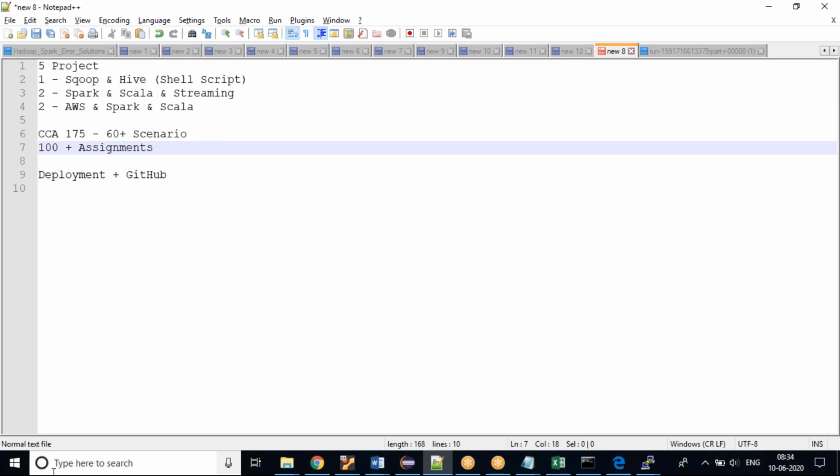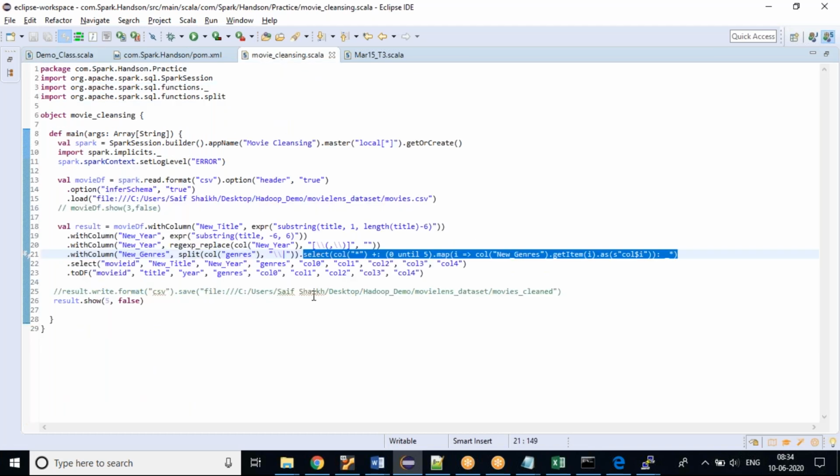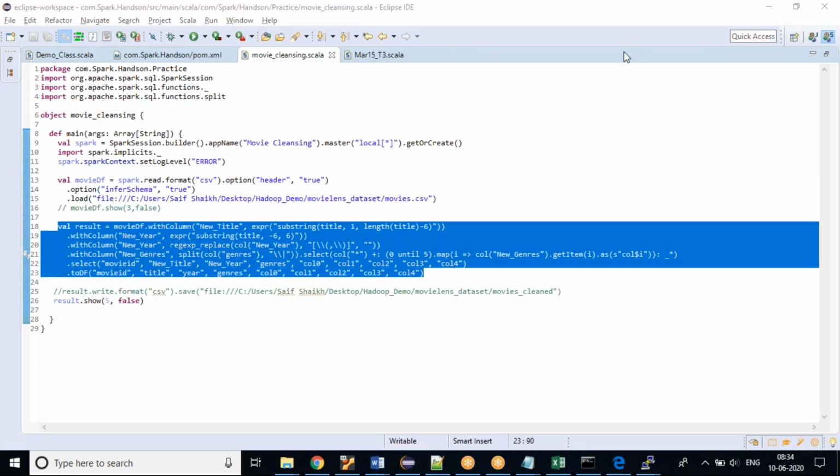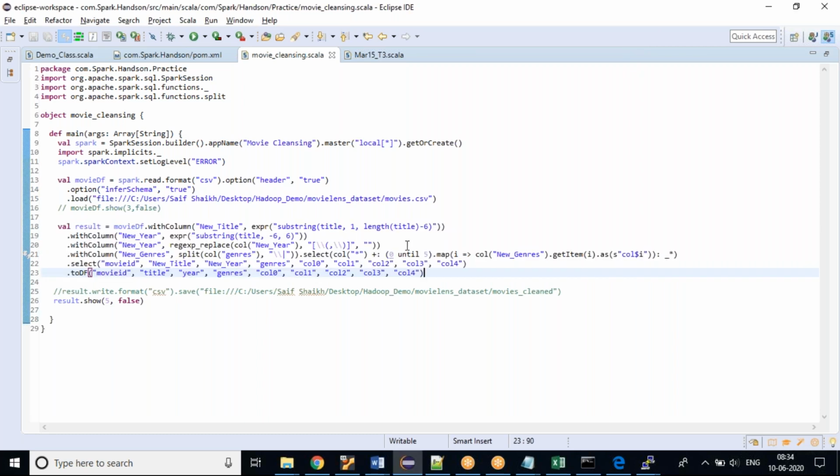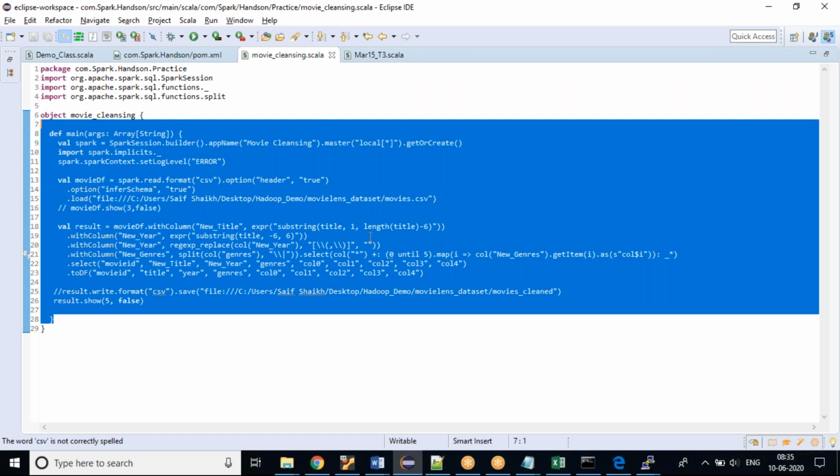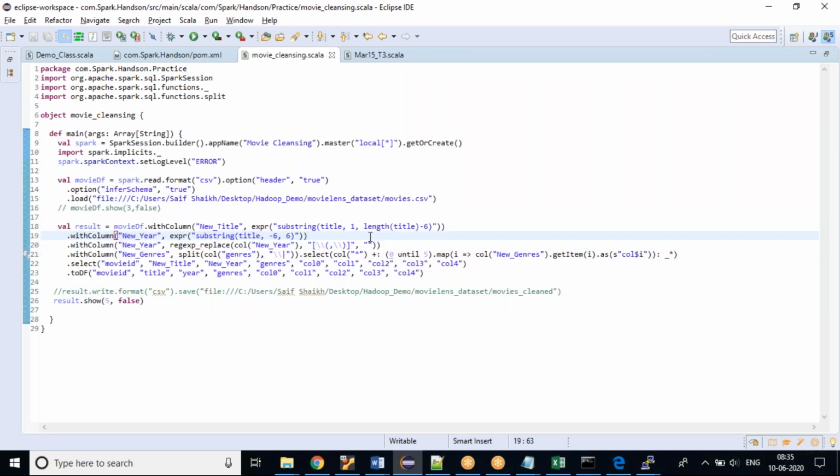If you see this code, the initial code was a simple code, but in this data cleansing code, I have used some functions. There is some Scala programming I have used, and I have segregated this. It looks like a simple piece of code, but to achieve this, people will take half an hour to 1 hour. So we should become pretty much confident.